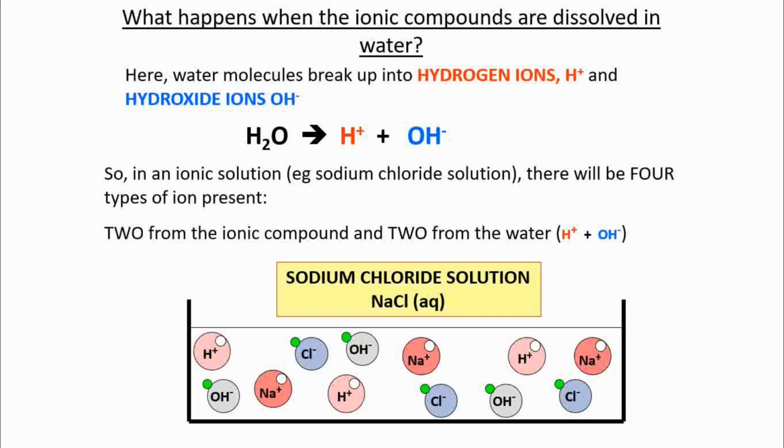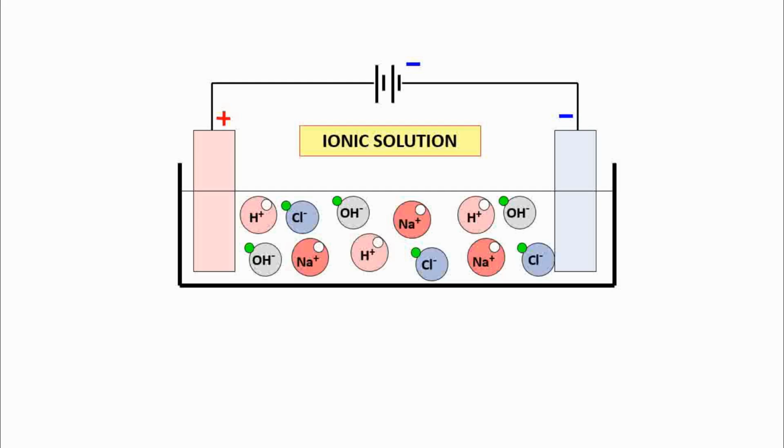So, for example, if you are looking at a sodium chloride solution, and this is the key word, that's how you're going to know that water is present. Once they use solution, it means that you now have 4 sets of ions present. You now have your sodium ions, you have your chloride ions, but these are the 2 extra ones, your hydrogen and your hydroxide ions. So now you have a total of 4 ions as opposed to 2 ions that we were looking at before, which therefore means that if we then switch our circuit on,